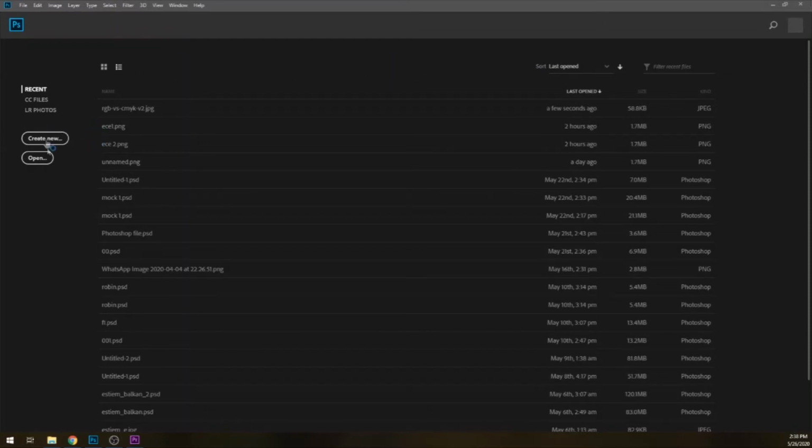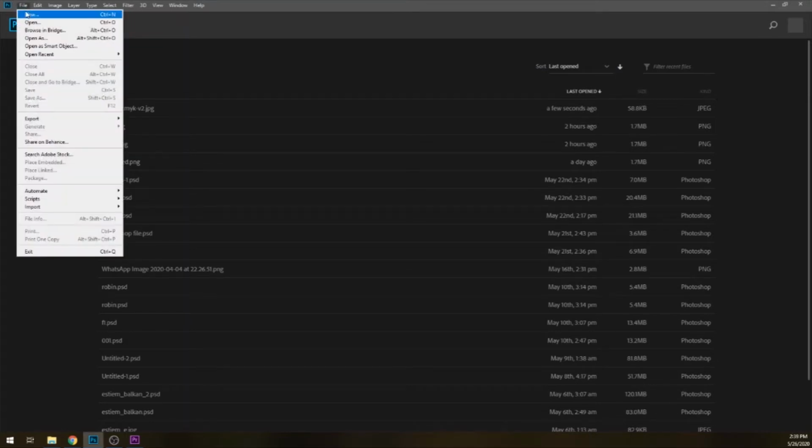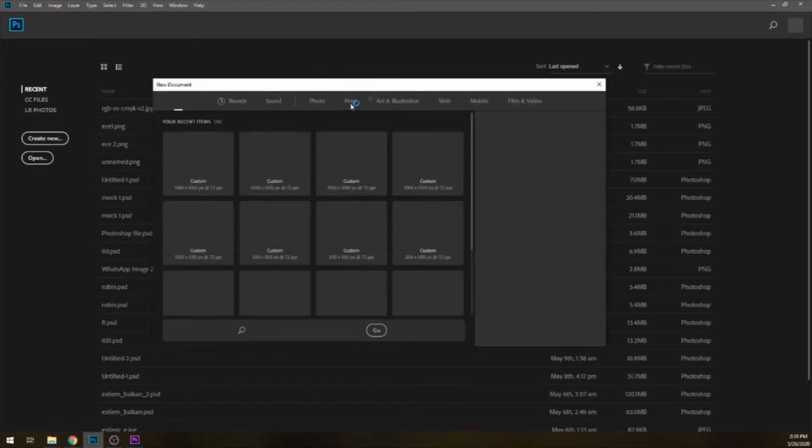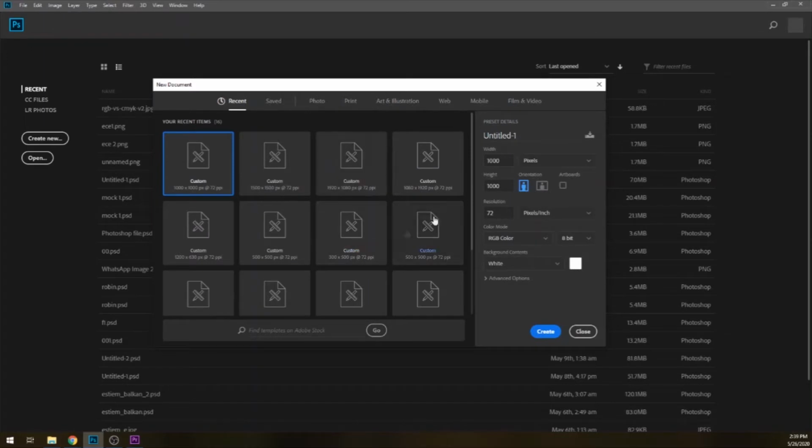So let's start with creating new. You have two options. You can either click on this button here or you can go to the file and check the options new. So when you click on the button create new document, you will get a new window, something like this. So the first thing you can do is name your project, and after that there's two main